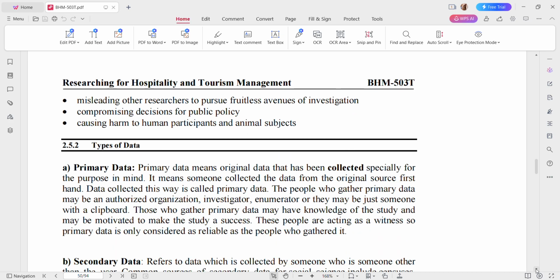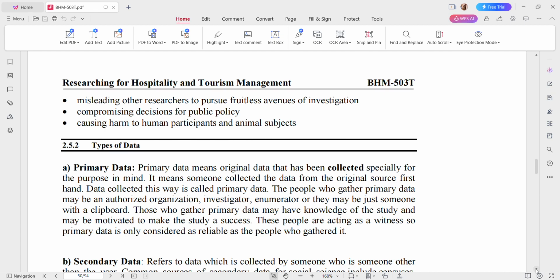Misleading other researchers to pursue fruitless avenues of investigation, compromising decisions for public policy, and causing harm to human participants and animal subjects. So, you have to be very careful in the conduct of your research because there might be a tendency that you will be misleading other researchers when you present the results because you wanted to achieve really good and more interesting results, but then in the process you fail to establish the correct process of getting the data, and then you just present there your results because behind your mind you wanted to really make your research interesting, you really wanted to make your results more enticing to the public. However, it misleads other researchers, so you have to be very careful because your credibility, your integrity